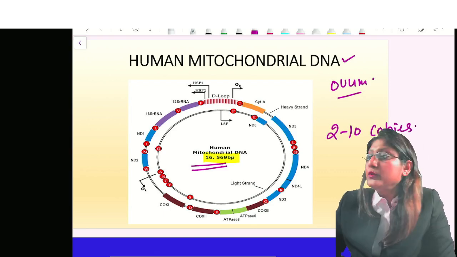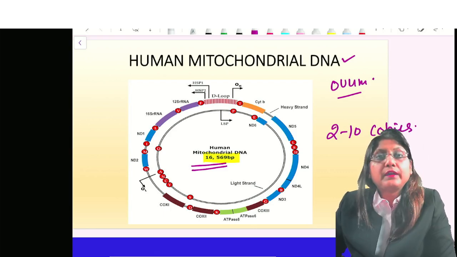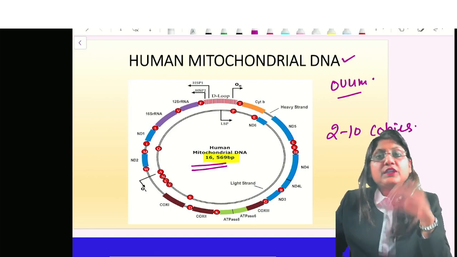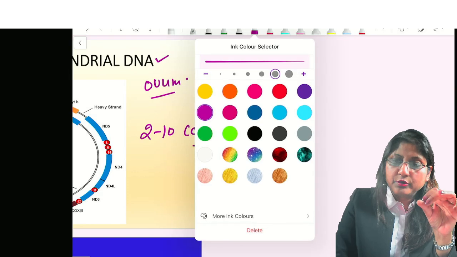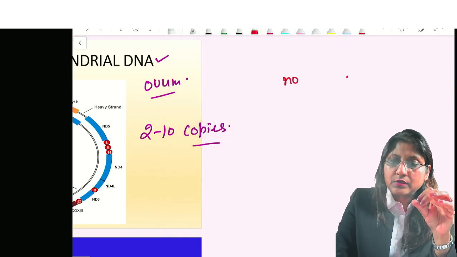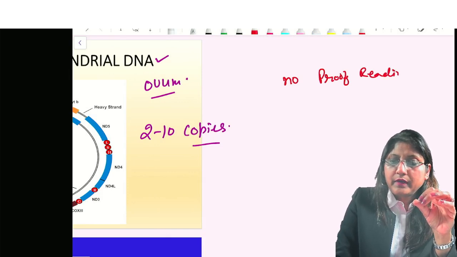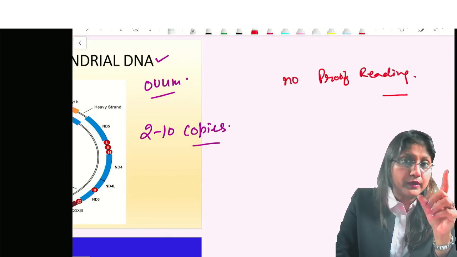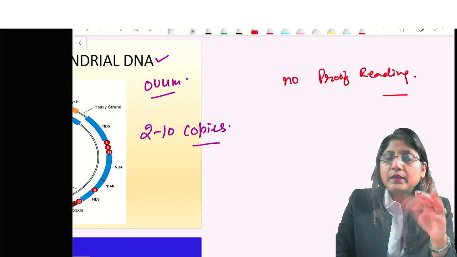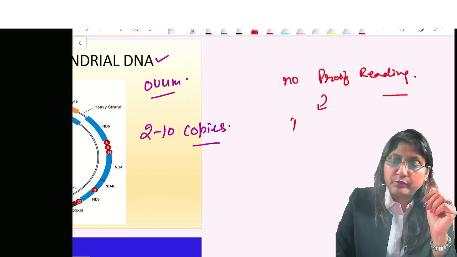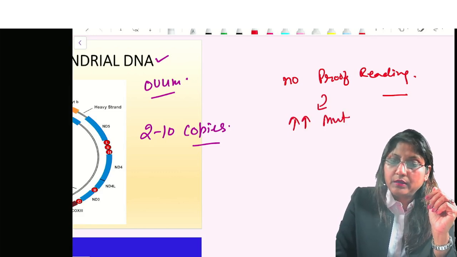But one point you must know regarding human mitochondrial DNA replication is that it is without proofreading. No proofreading during replication of human mitochondrial DNA, right? We have a strict proofreading while nuclear DNA is getting replicated, but when mitochondrial DNA is getting replicated, there is no proofreading. So the chances of mutation are very, very high in the mitochondrial DNA,